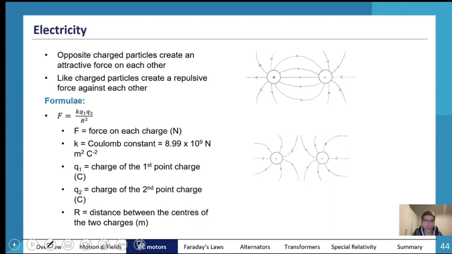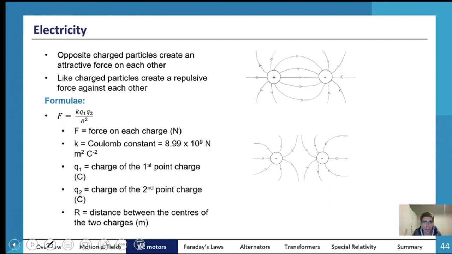Now, the formula here is very similar to that of the gravitational potential energy. So instead of G, capital M, G, so instead of using this formula, we're using this formula. So it's actually very similar to one another,